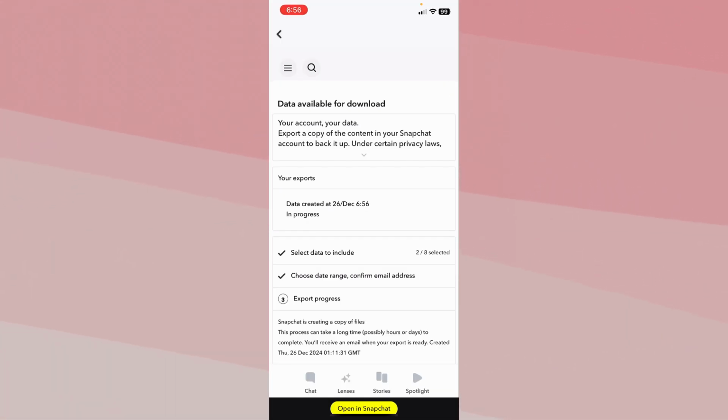So after 24 hours, look into your email. It's going to send you all of your Snapchat data. Inside that Snapchat data, it's going to show you your friend list data as well. From there, you can see all of your friends which you have unfriended, as well as all of the friends